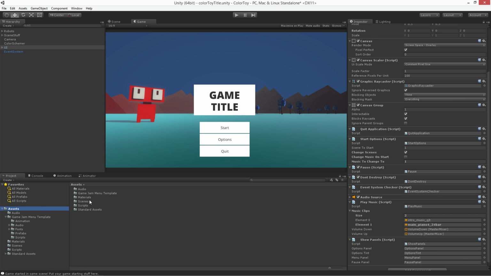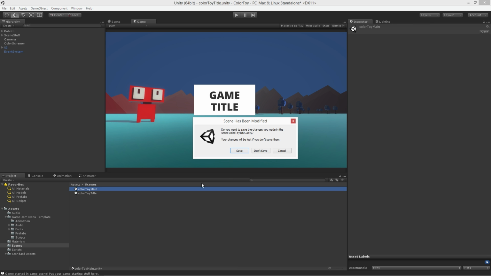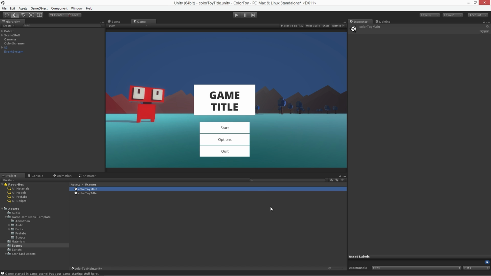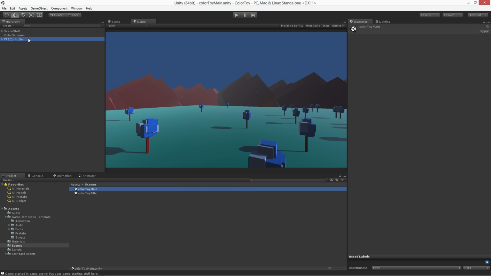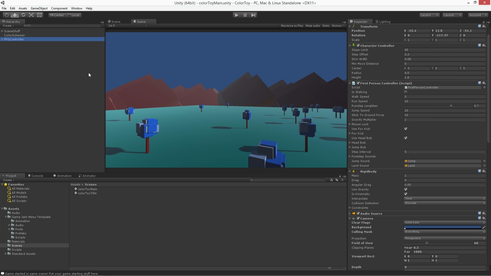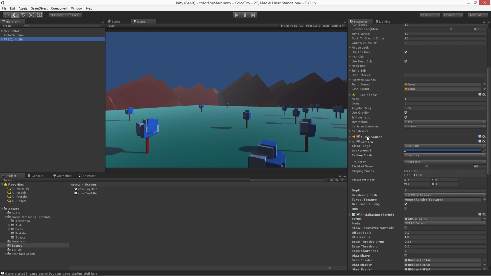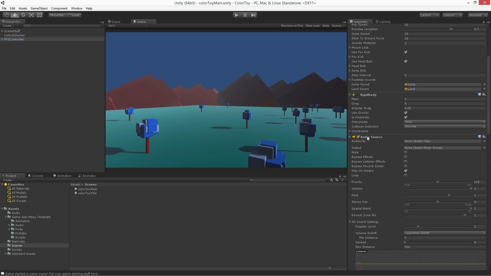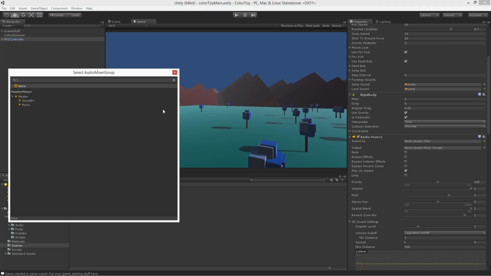So we're going to go to Scenes, Color Toy Main, I'll save this. And then we're just going to go to the FPS controller. This is just the FPS controller from the standard assets. And then in the audio source here, and so you would do this for any and all sound effects. So we're just going to take the output here of the audio source, click on it, and then we'll see